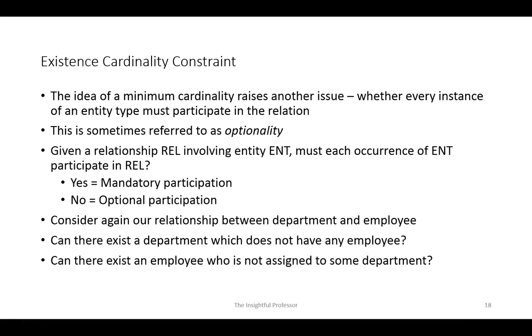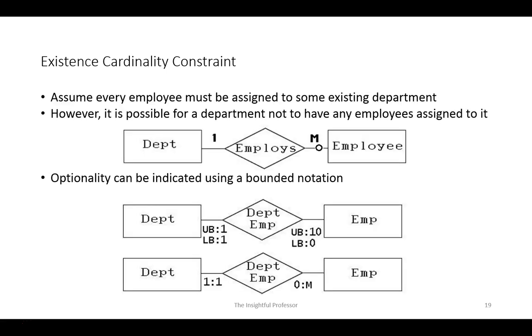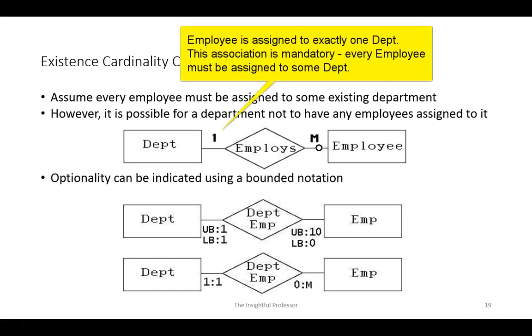So we have to have the idea of optional participation. How do we deal with representing the existence, which is optional for an entity instance within our diagram? A couple different approaches depending upon the notation that we're using. So assume that every employee must be assigned to an existing department. In that case, in our first notation using Chen's standard notation, the department would say 1, and that's kind of